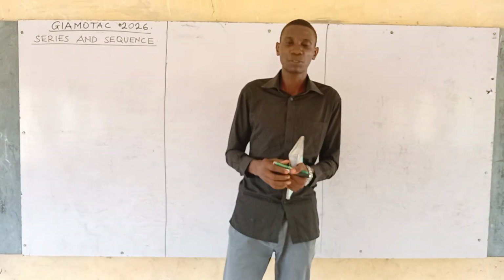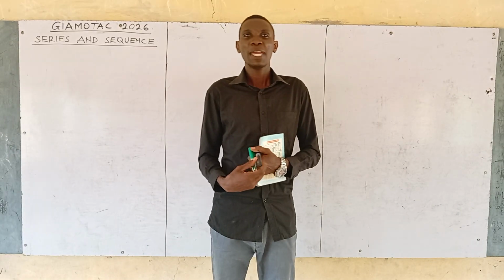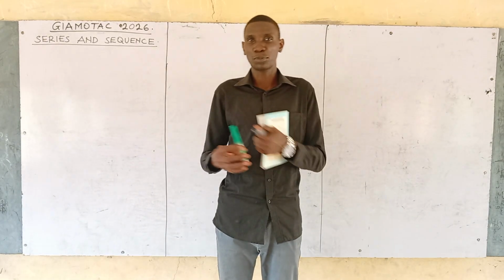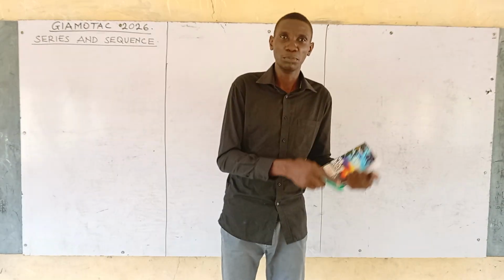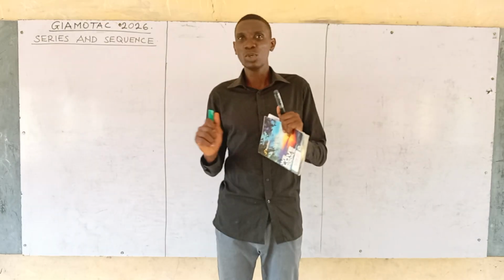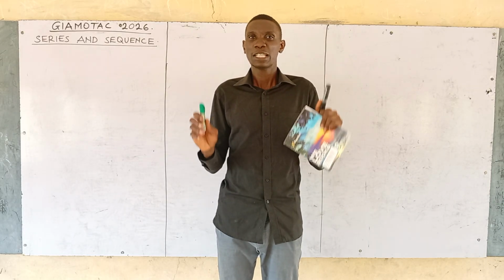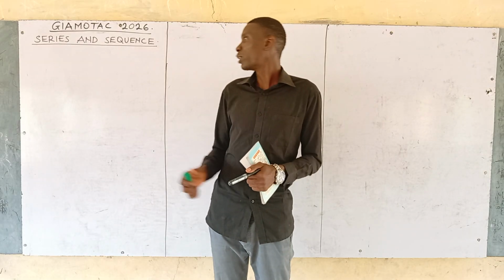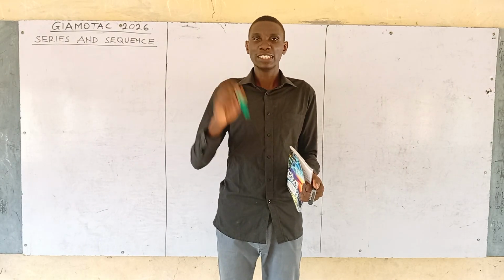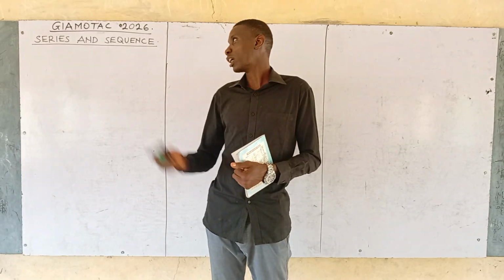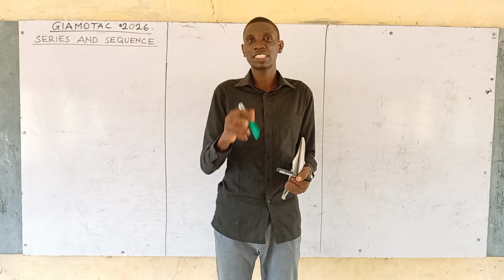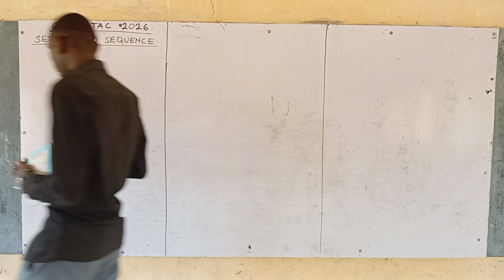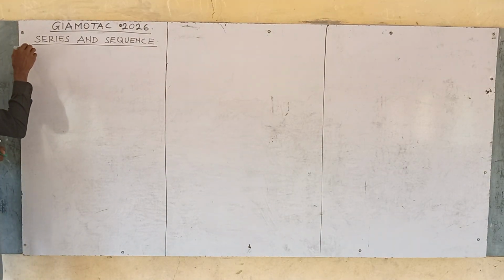And today, by the grace of God, we will be working on AP and GP. What is the meaning of AP? AP simply means arithmetic progression, while GP means geometric progression. These two key words are different subtopics entirely. And by the grace of God, we will be treating both the sequence and series under these subtopics. Don't forget you are still on series and sequence, and that is why we'll be treating the sequence and series under this subtopic. Alright, so like I said, today we are working on arithmetic